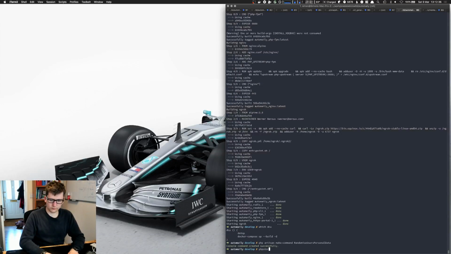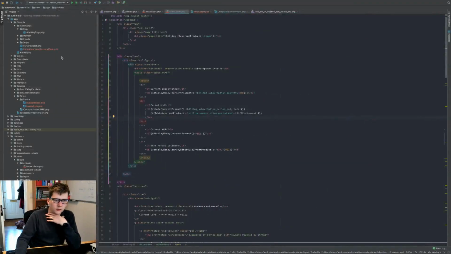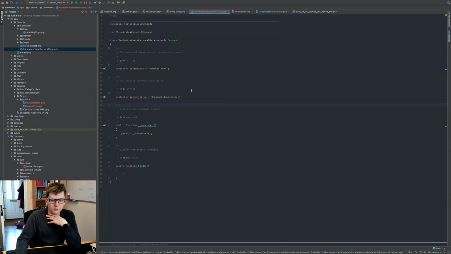So we shall have a look at that command now. Probably not in the right namespace, but we'll just write it. So it's Automaily, and then we'll just have randomize users, and then we'll call it